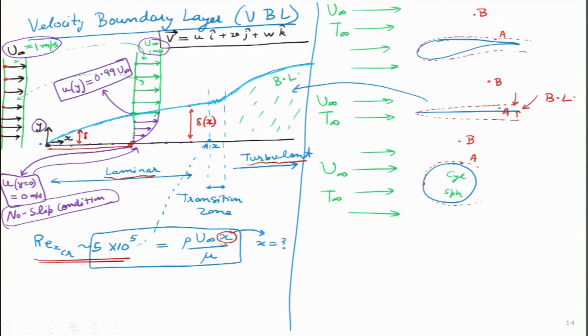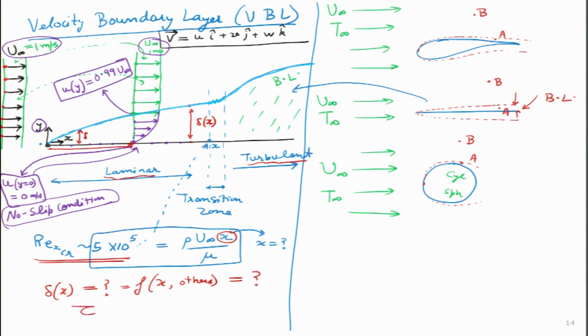So, a lot of understanding we are having, but what are the questions that come to our mind? If I can ask those questions on behalf of the students, the first question is: sir, what is the thickness of this particular boundary layer? We can see that it has to be a function of x and others also. But what is its value? So, I will put a question mark over here.